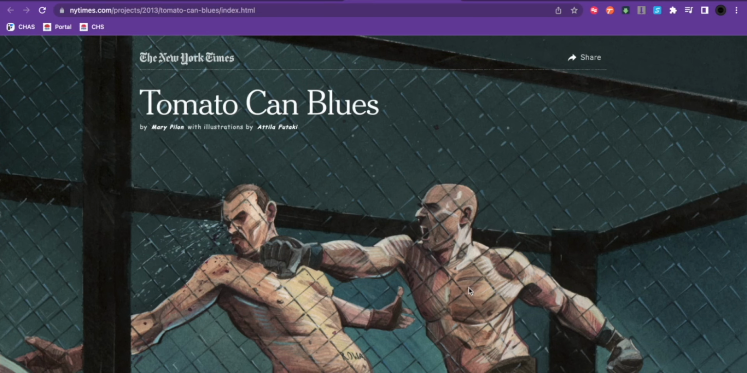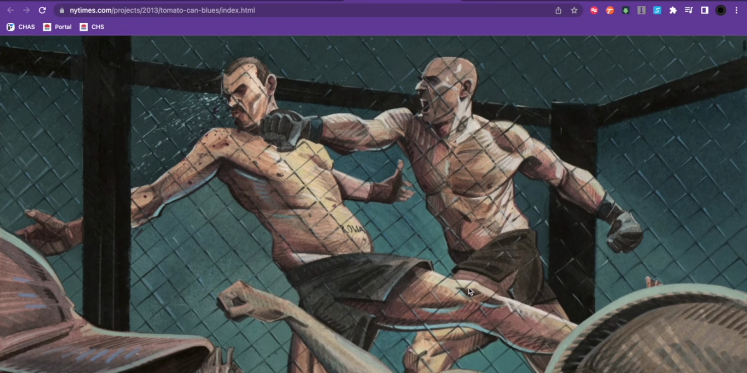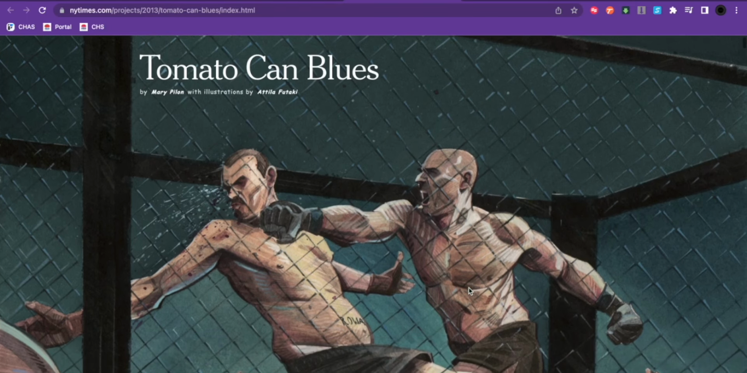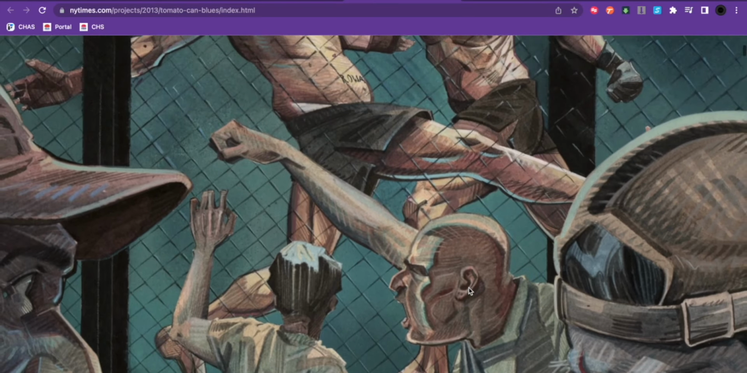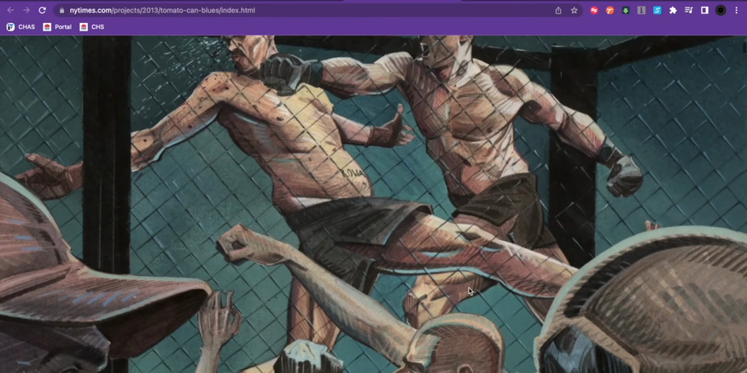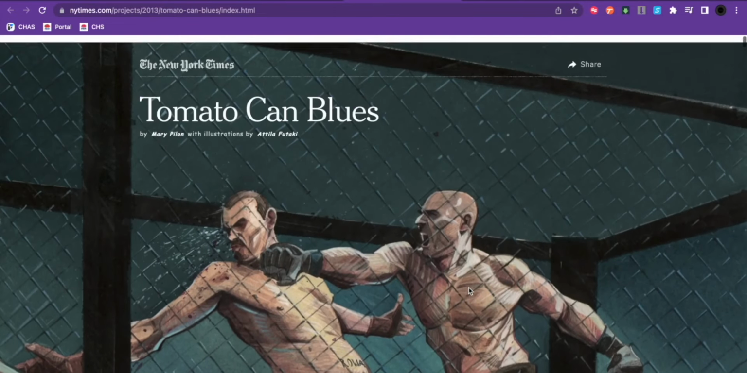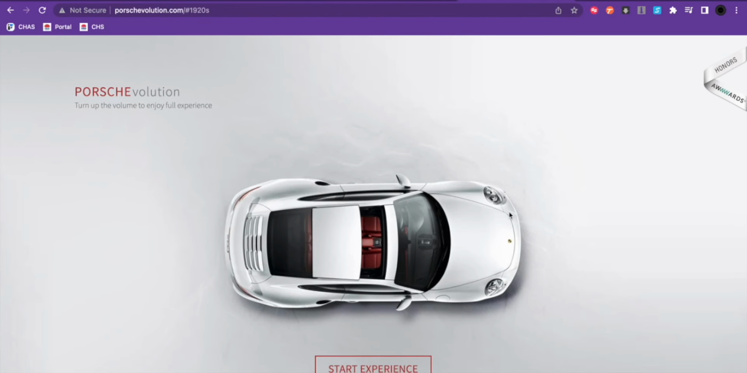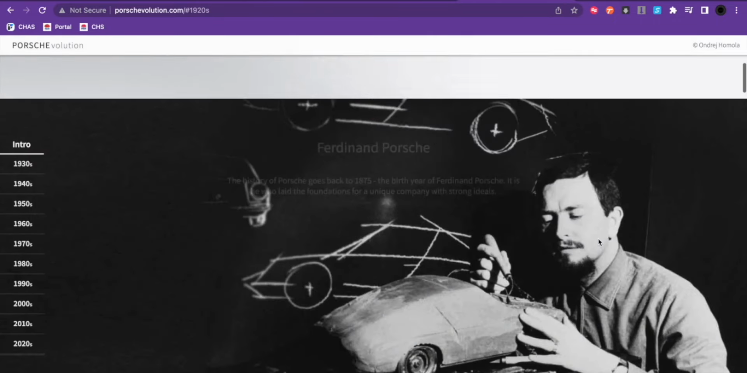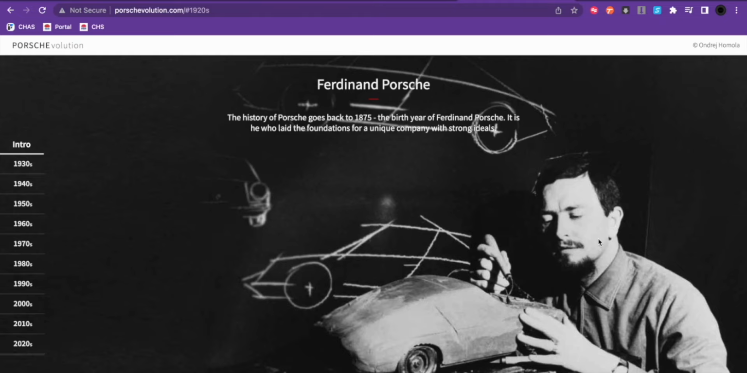Here's another example of a parallax, really, really clever. So we've got a background image here that is scrollable, but you can actually see some of the images will move and animate as you scroll, which is really, really cool. And we'll be looking at that next lesson. Here is an example of this website someone created called Porsche Evolution. And I'll just click start here. And what you'll see is a really, really cool way of